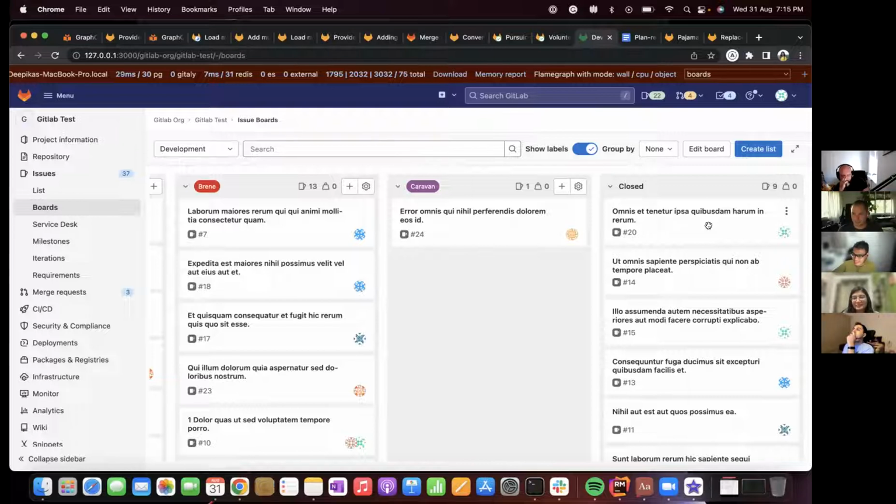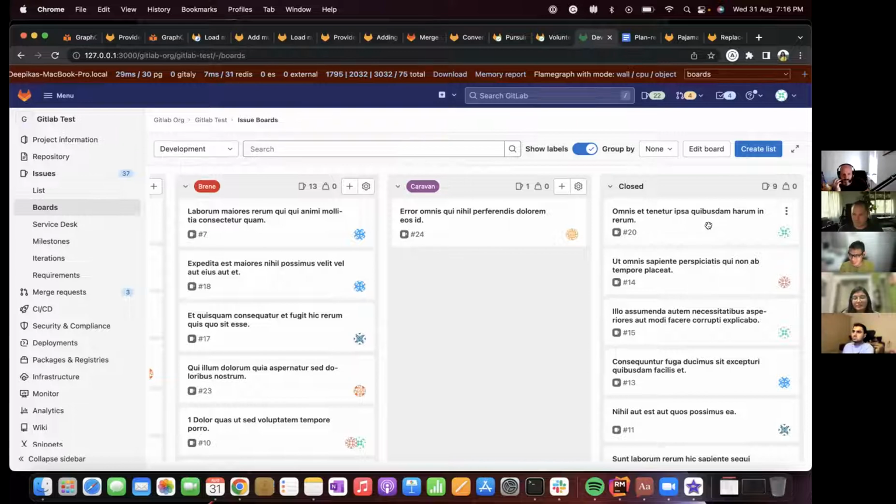We probably want that list to be a drag target. Did you say it's ordered by closed at? So it's ordered in reverse by closed at, so the most recently closed will be at the top. So it should be a drag target, but the card should pop to the top of the list. Right, because when you refresh it, it's going to be at the top of the list anyway. Yeah, that's the ideal behavior. But right now you could drag it somewhere else in the closed list, and then when you refresh, it shows up on the top.